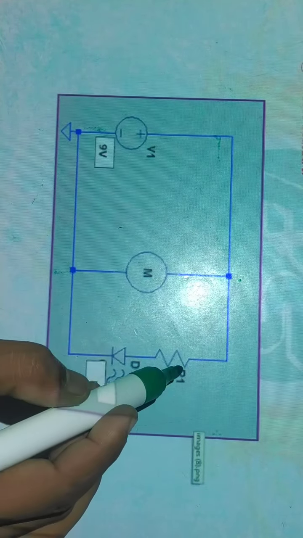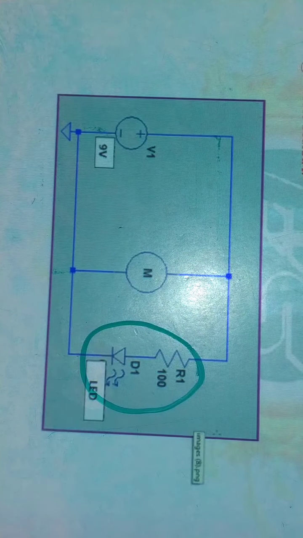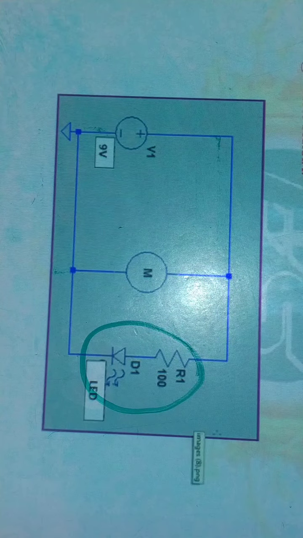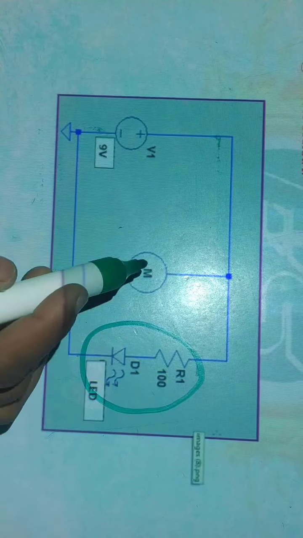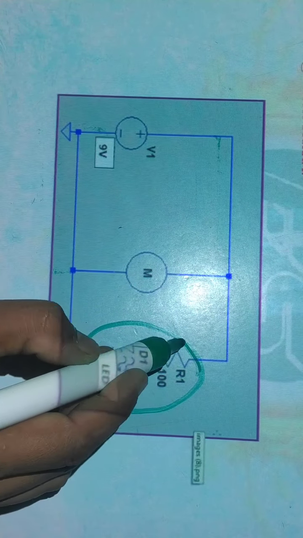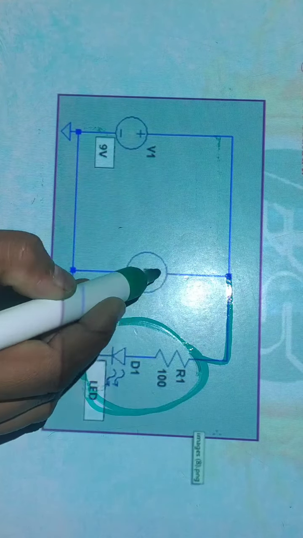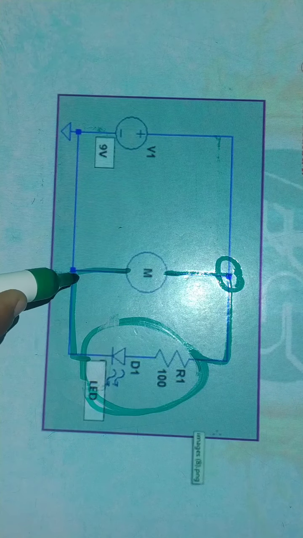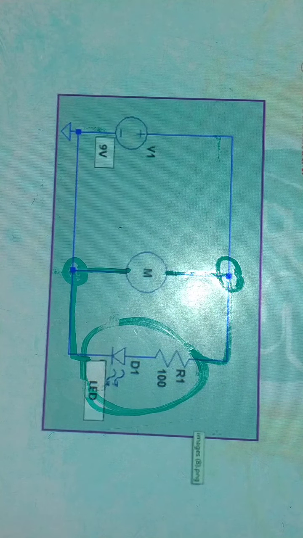So we take a joint term of resistance and LED light, because if we give a power supply of 9 volts to this simple LED light, then the LED will fuse. So we use resistance for security purposes. Consider both of them as a unit. Then its one terminal and its initial point are connected together, and the final points of both are connected together. So it is the concept of parallel combination. It is called the parallel combination of a circuit.